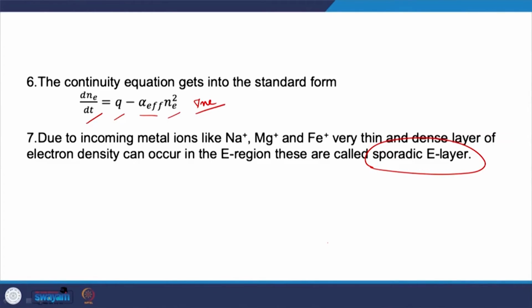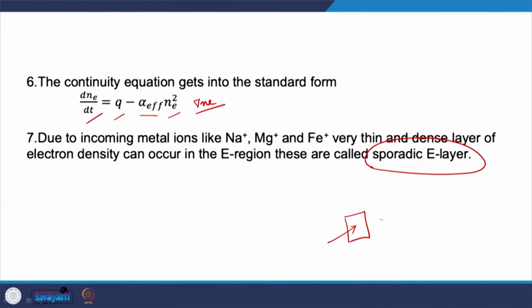Now, this continuity equation may also have an additional transport term, let us say del Ne, the transport term. So at any given instant of time, the rate at which electron density changes with respect to time, you consider a small volume. The electron density that changes in this volume is the rate at which electron density is produced into this volume, and the electron density that is lost by means of recombination from this volume. And then you have the transport term, which takes care of the additional electron density which may get transported into this volume or out of this volume,